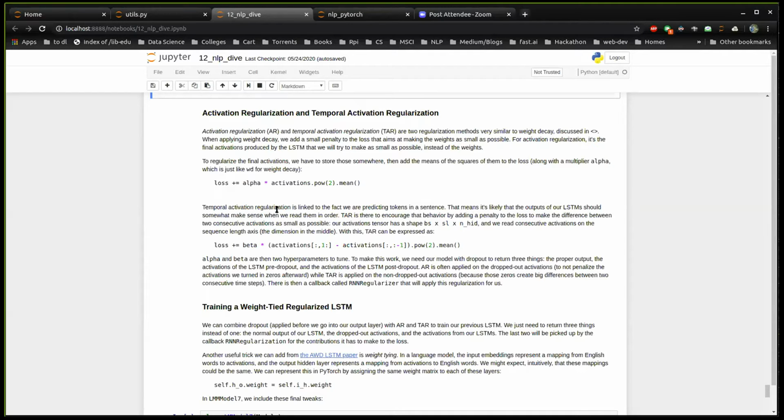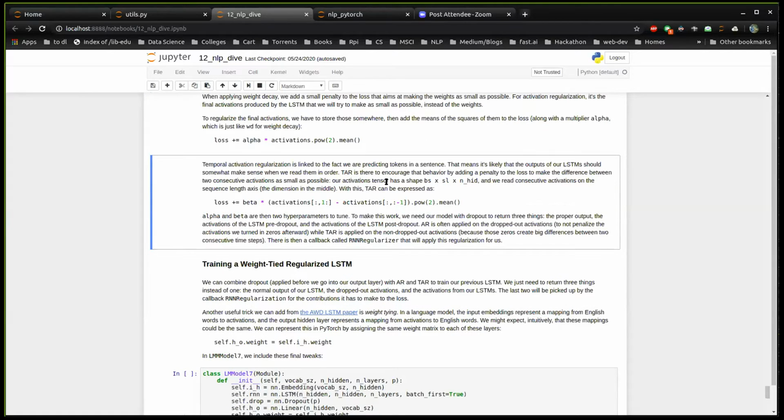So consecutive words might be totally different in their meaning. So that could cause the final activations to also be completely different. So this does not make total intuitive sense to me, but it does seem to work. And the way we do this is,